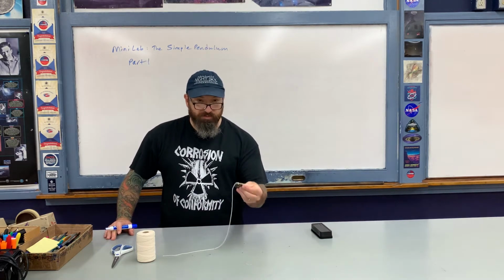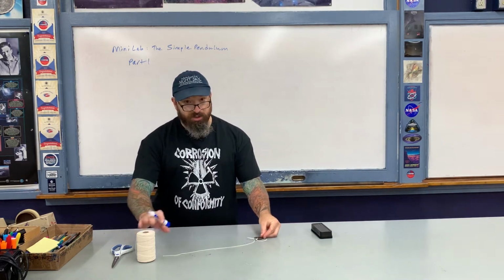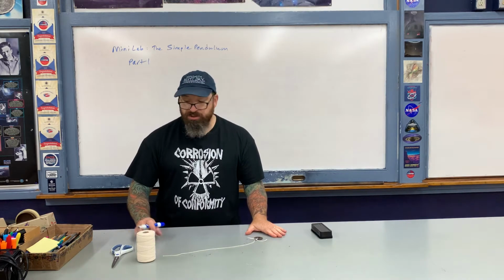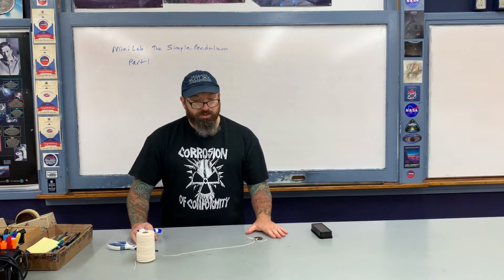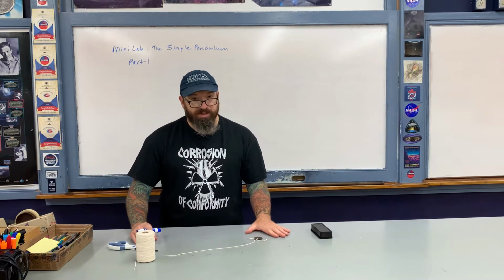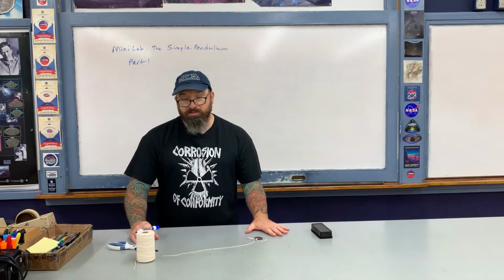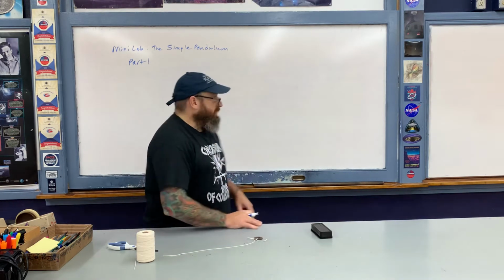You're going to need a small object you can tie some string to. I'm using a washer. You're going to need some string. You're going to need a ruler or a meter stick, and you're also going to need a pair of scissors. So the first thing that you do is you construct a pendulum using a small object by tying the string to it, and construct a pendulum with a length of 1 meter. So for example,